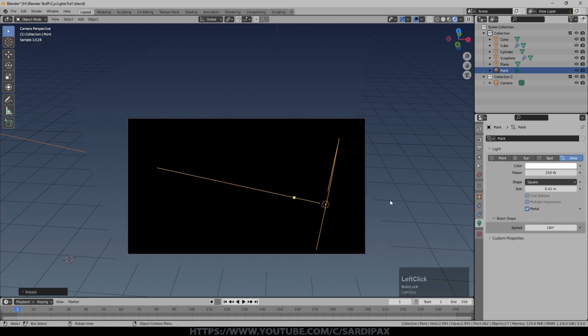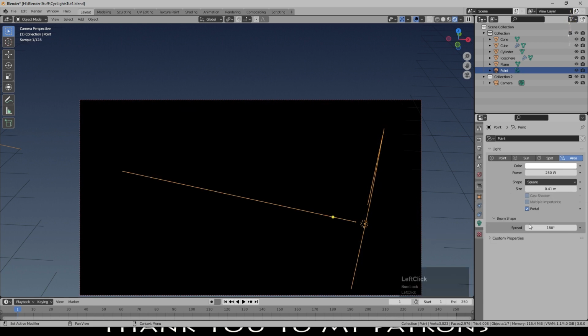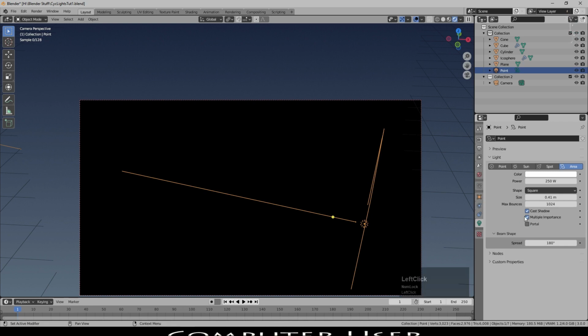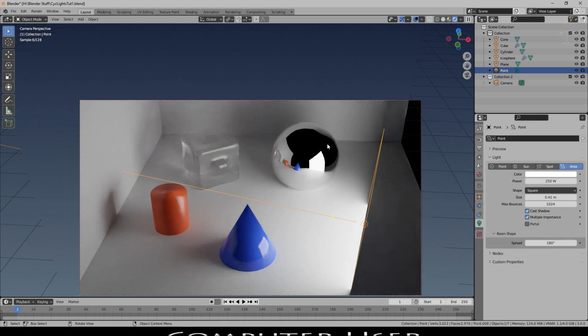You can see it's not emitting any light once that's selected. So the portal setting, you'll see, disables the lamp and it turns it into something called a portal. The idea is, particularly when you're using HDRIs, you might have a window in an interior scene and you want light to be scattered into the scene, and you want it to be done efficiently. A portal helps to guide Blender that there is a hole that is designed to let light through into the scene, and it will effectively give you somewhat faster renders and certainly better quality of light bouncing around the scene, because Blender knows the light that hits the area of the scene that isn't a portal isn't going to make it inside the area in question.